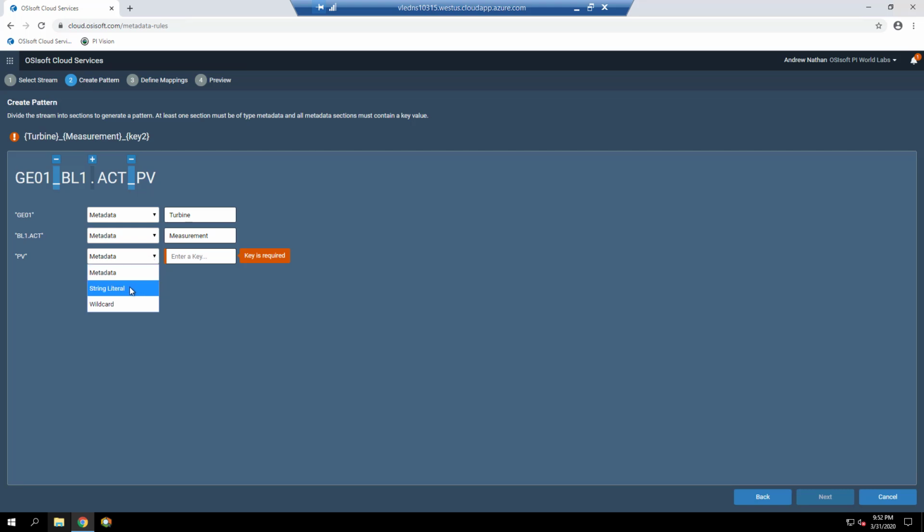PV is a string literal in this case because all the relevant WinFarm streams end with a fixed string PV, and this section of the stream name is not relevant for metadata management, thus can be ignored. If the streams ended with multiple different suffixes other than PV, that section could be defined as a wildcard instead. Click Next.